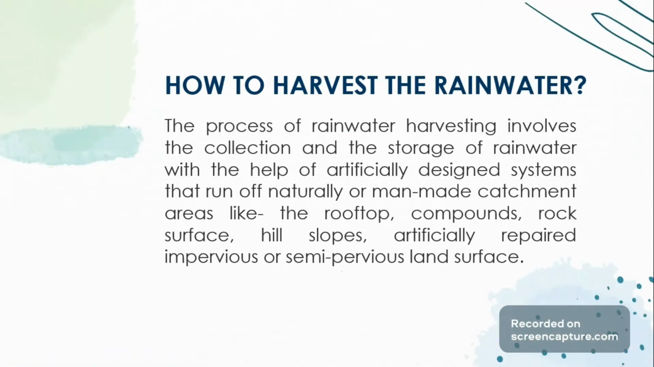How to harvest the rainwater? The process of rainwater harvesting involves the collection and the storage of rainwater with the help of artificially designed systems that run off naturally or man-made catchment areas like the rooftop, compounds, rock surface, hill slopes, artificially repaired impervious or